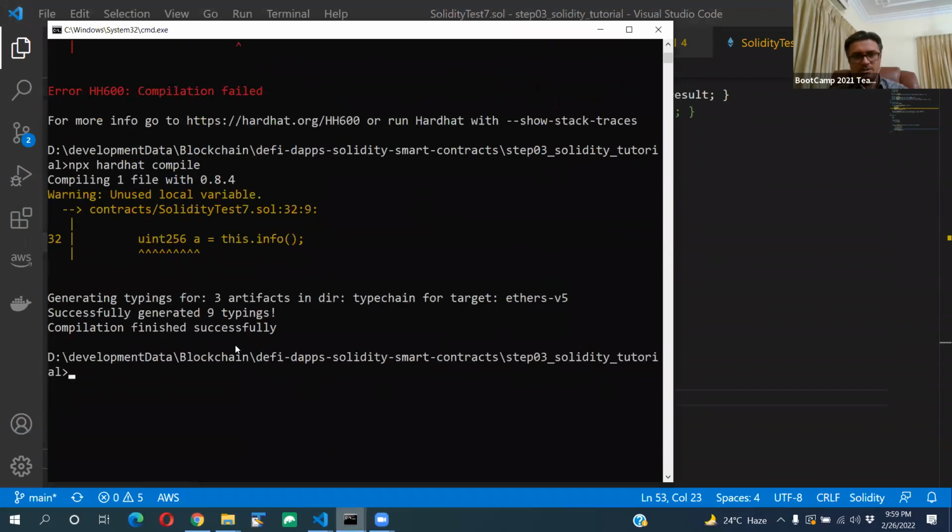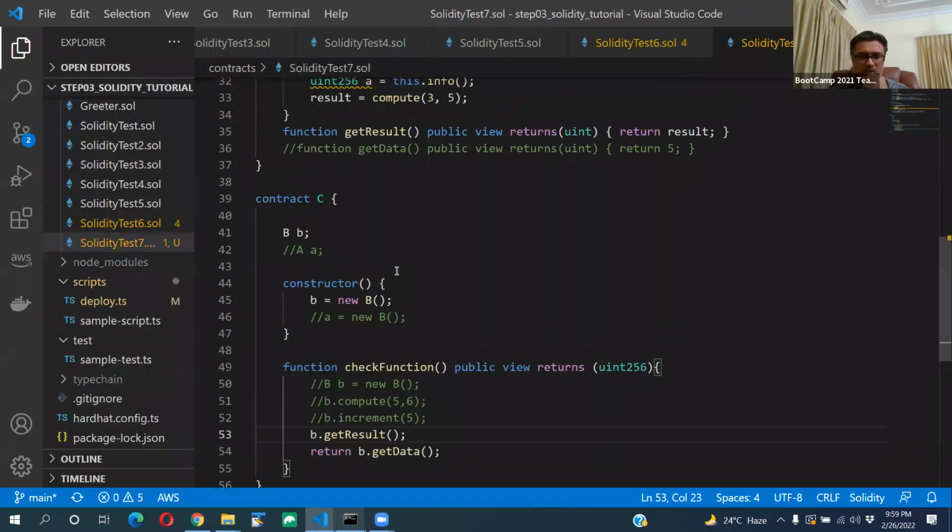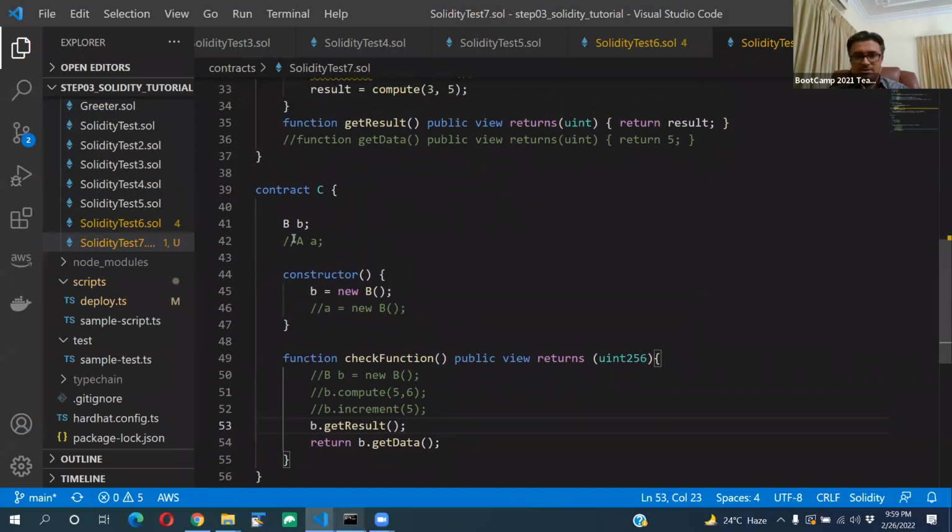Okay, so it's just a warning, ignore it. Its compilation is working fine. Now if I try to do this, what I did is actually